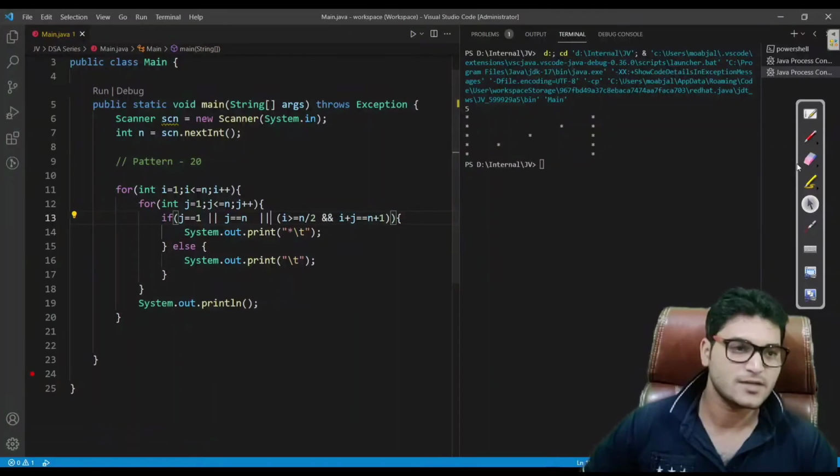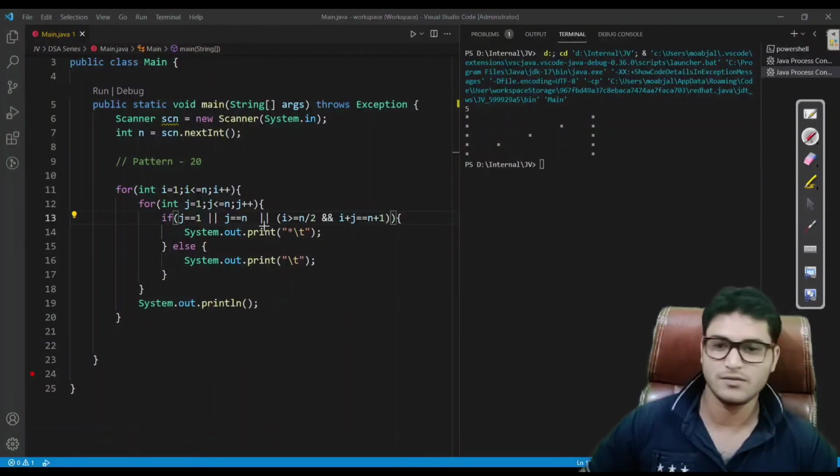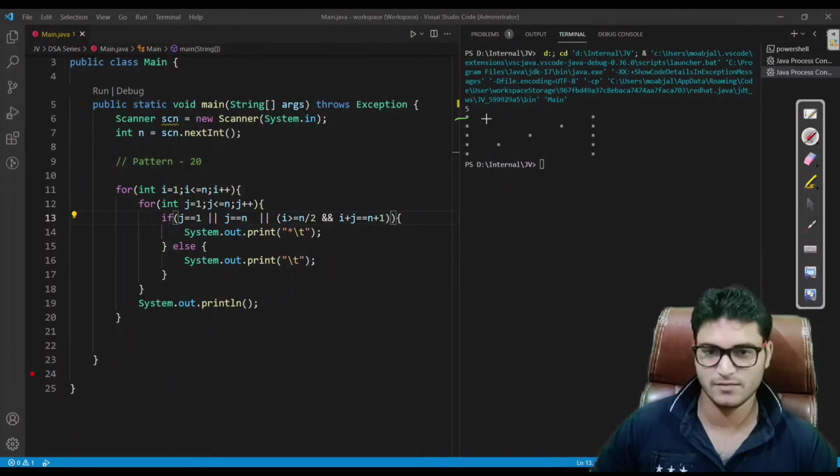So let's dry run this, what we are doing wrong. This is for the first row, first column, 1 2 1 2, let's say if it is here. So if i, yeah, it is equal to 2.